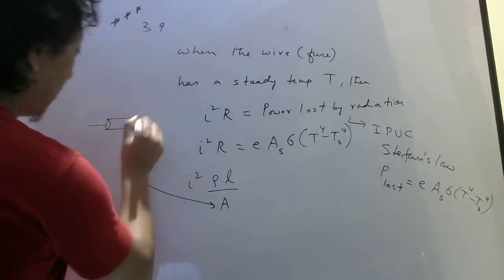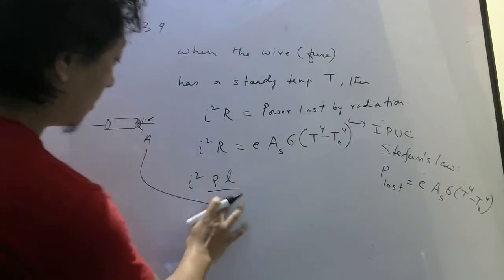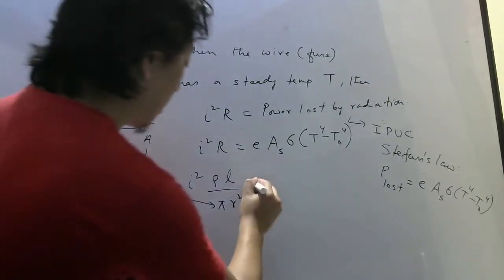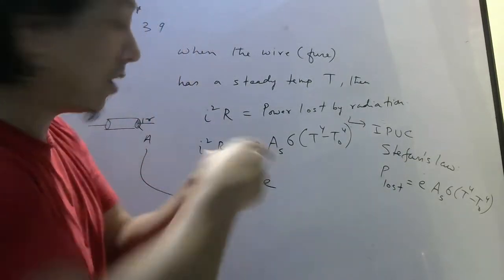This A, right? And if the radius is R, what will be this A? Pi R square. Okay, so be careful. And the surface area, how can I write? If the length is L,